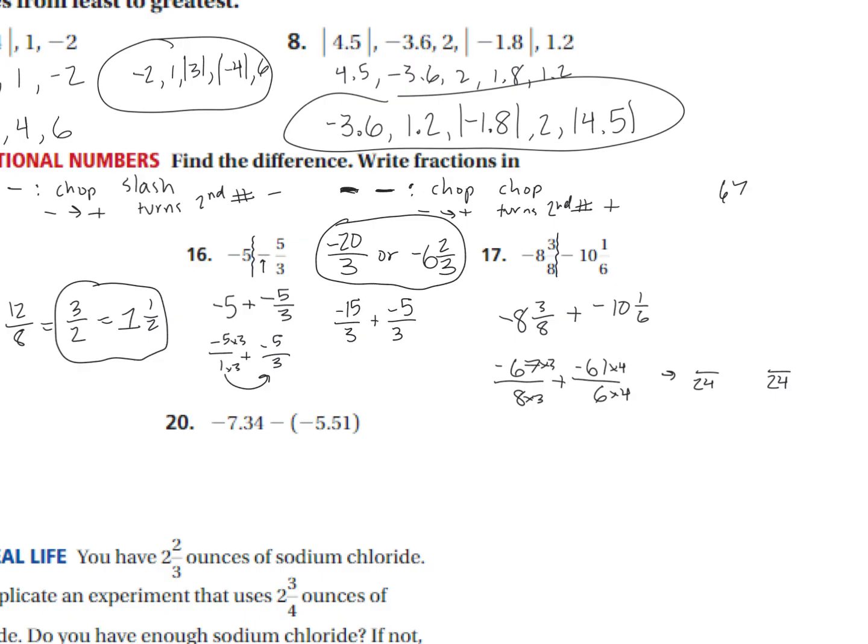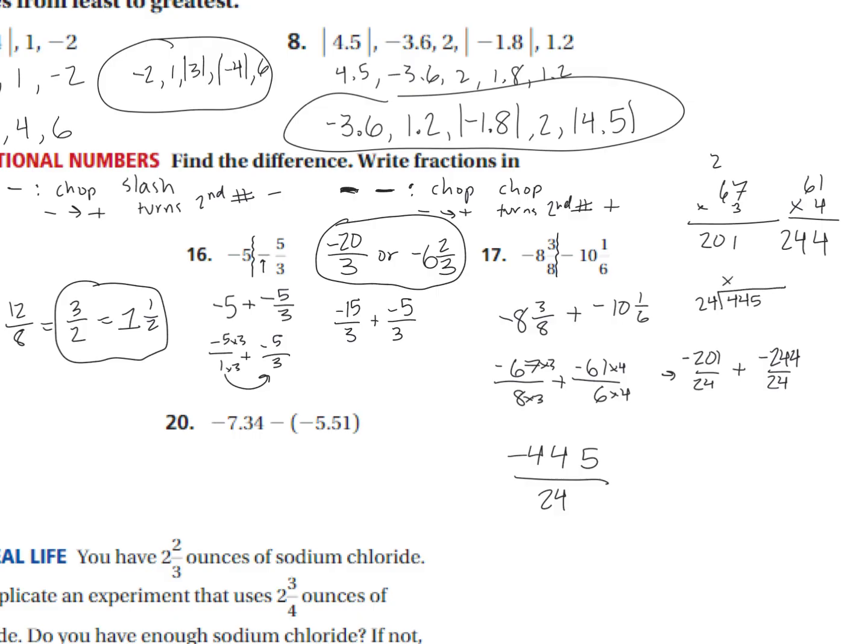Okay, 67 times 3 is 201. So I get negative 201 over 24. And then 61 times 4 is 244. Again, don't drop out your negative. Okay, negative 201 over 24 plus negative 244 over 24 ends up being negative 445 over 24. Okay, if we go and divide this out,